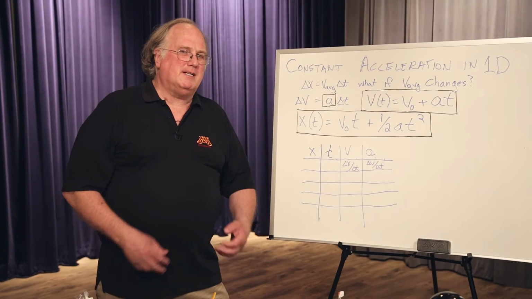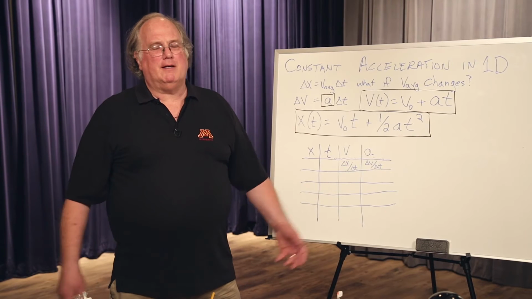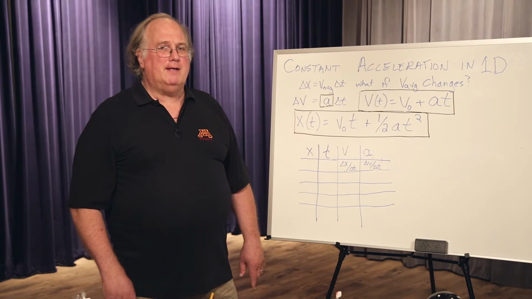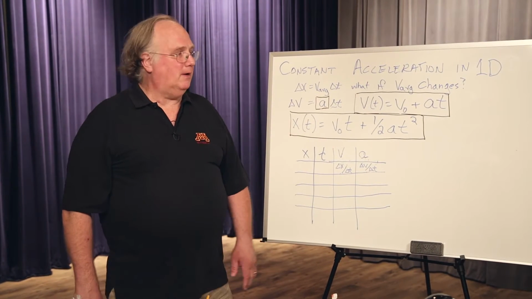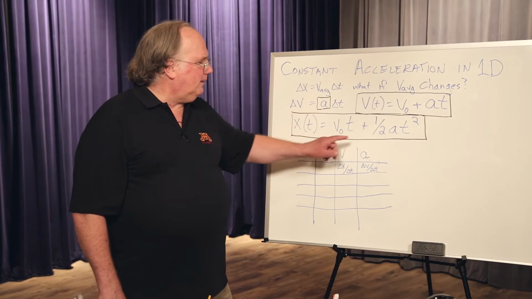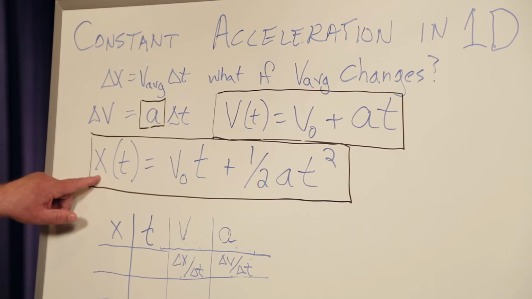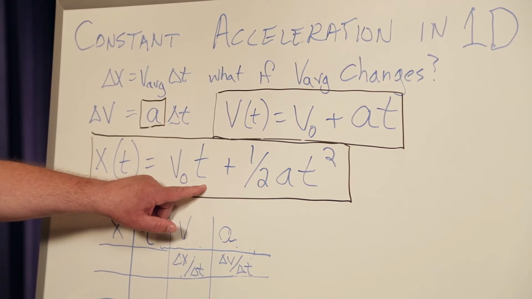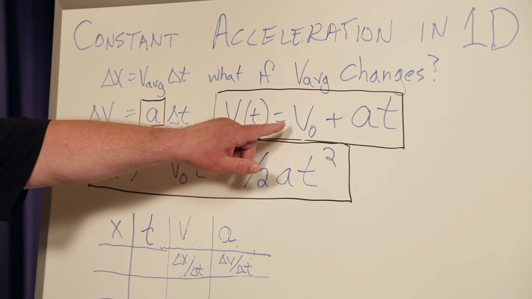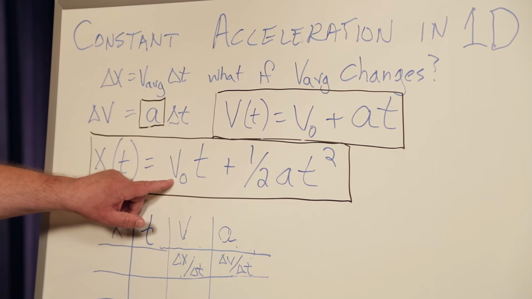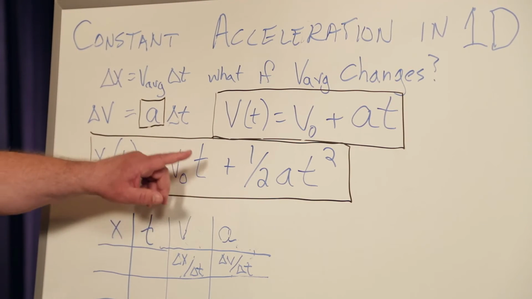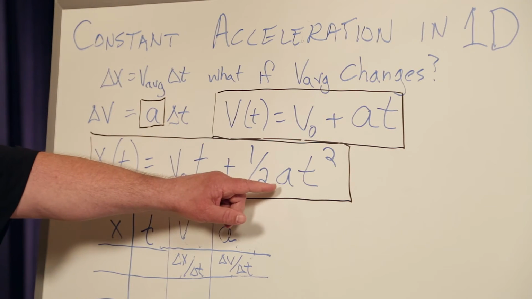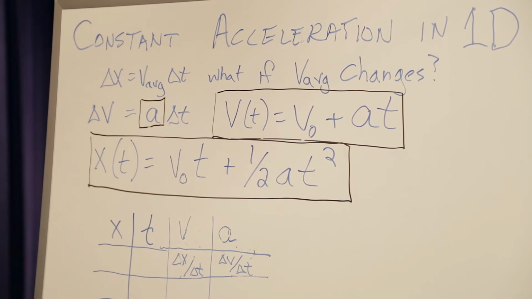While this thing is accelerating, it's also moving. It's going through some sort of displacement, and there's a formula for that. You can find this derived in your book if you want to look at that. Here's the final formula you get. This is the formula for the position at any time t. It's v0 times the time that goes by. This v0 is the same as that one, the velocity it has when t equals 0, plus this new term. And this new term is 1/2 times the acceleration times t squared.